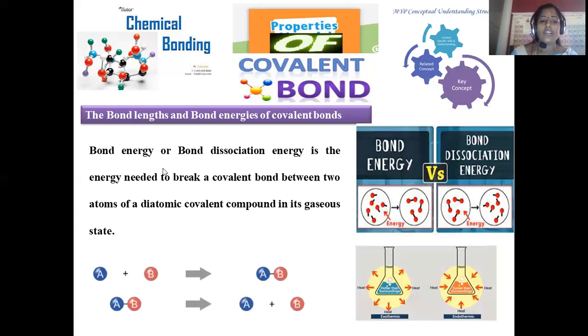And bond energy. The second parameter relevant to covalent bond formation is called bond energy. Here, bond energy can be defined with two different parameters. When individual atoms unite to form a molecule, that is also called bond energy. When an already existing molecule is decomposed into individual atoms, that is also denoted as bond energy. In both cases, the amount of energy required or delivered is denoted as bond energy.